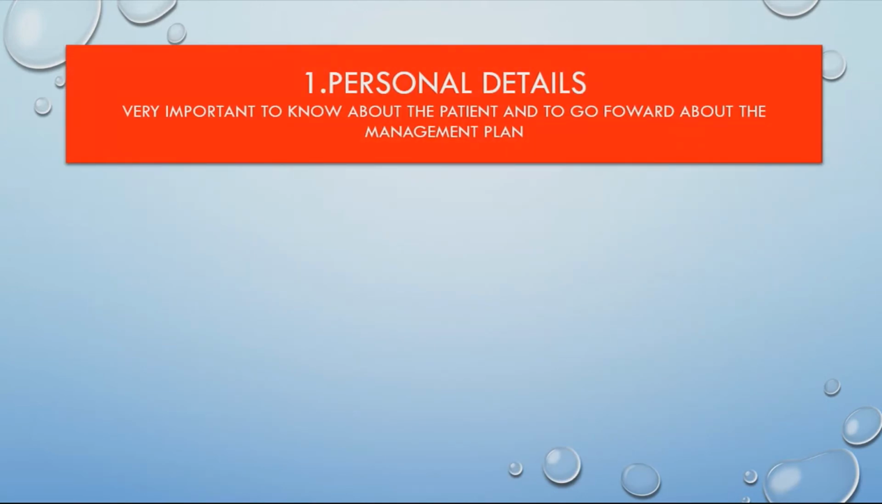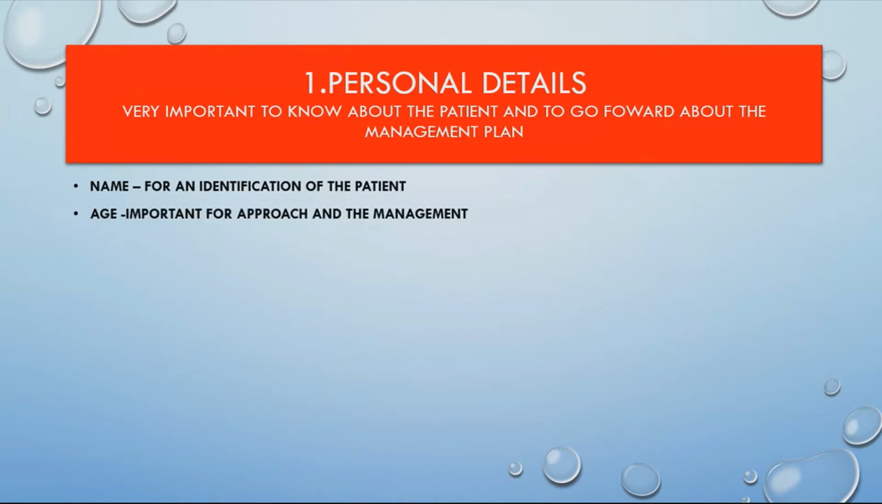It's very important to know about the patient and to go forward with the management plan. So what are the parts of the personal details? First, name. It's for identification of the patient. And the age. It is very important for approach and management of the patients, because if we are going to do a surgery, assessing the fitness for the surgery, we can see the age also, because young patients are mainly fit for surgeries, and older patients really have some problems. So not only in surgery, in medicine also, the approach is very